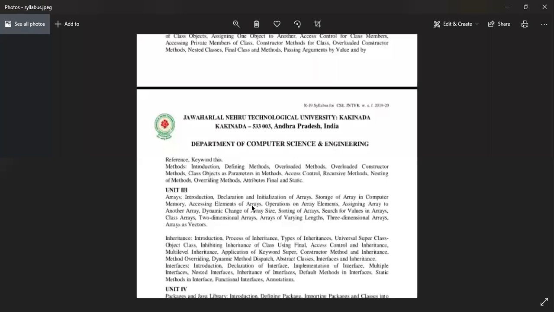But we can't take any chances. They have already prescribed a textbook for us. Inside the prescribed textbook, in sorting, we have a bubble sort as well as a selection sort. So that's why we have to discuss those topics. Okay. Next one, operating on array elements: accessing elements, assigning one array to another array. Already we discussed that there is a size we need to mention. I think you got the example, right?